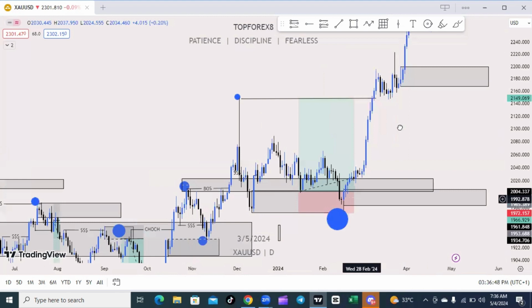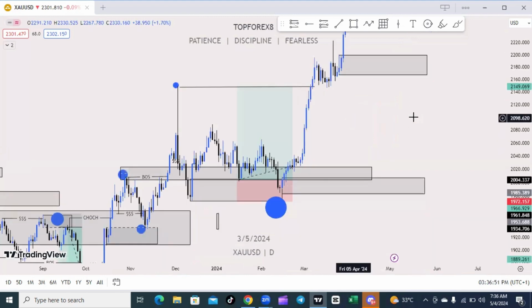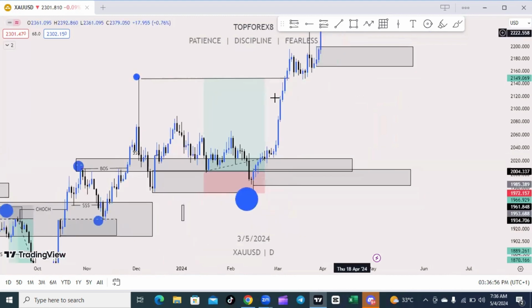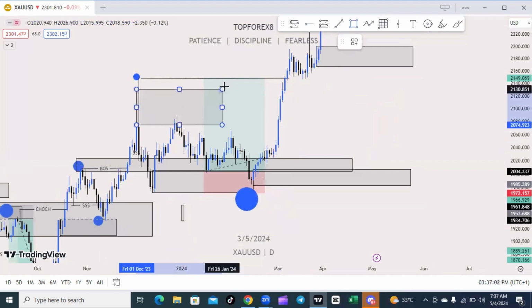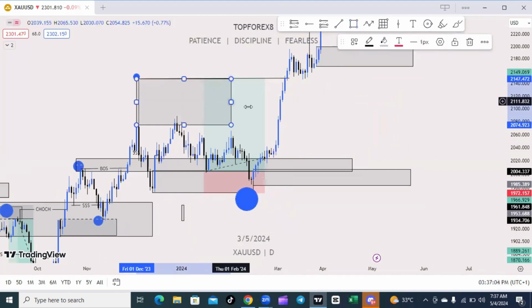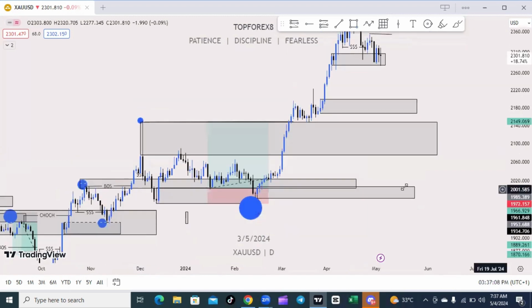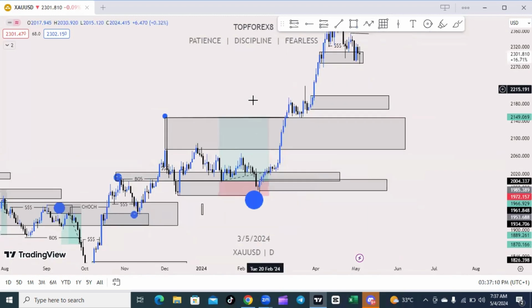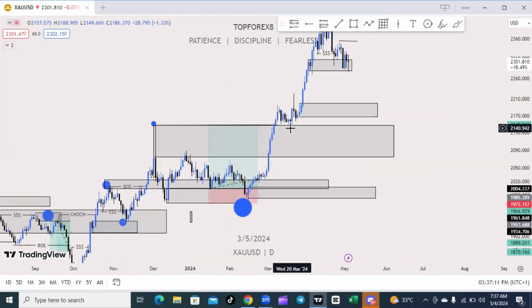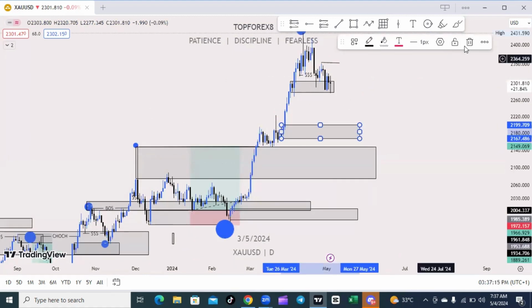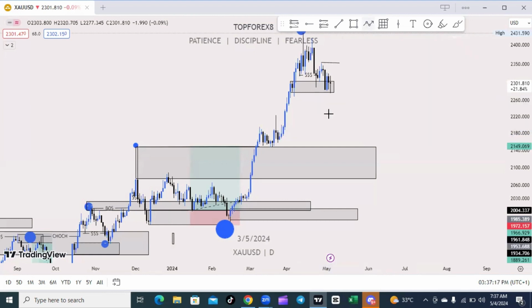Now it breaks it outside completely. Broke it outside completely means it broke out. This is going to be okay, the resistance area. So when the market just makes this rejection, goes and makes all this run, if the market will come back here,